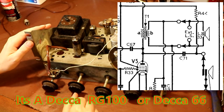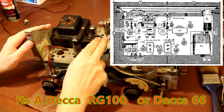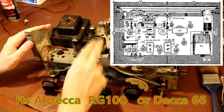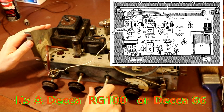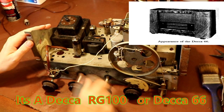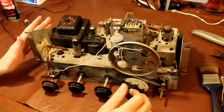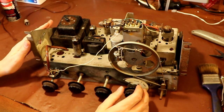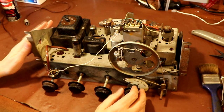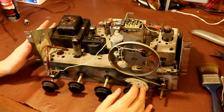And one other difference that I've spotted between the RG103 radiogram chassis and this one is this thing here. It looks like a transformer, but that's actually the HT smoothing choke, in that the RG103 doesn't have this choke on the chassis. So there are a couple of differences, but I'm sure that the service data in there is going to be quite useful and enough to get this up and running,